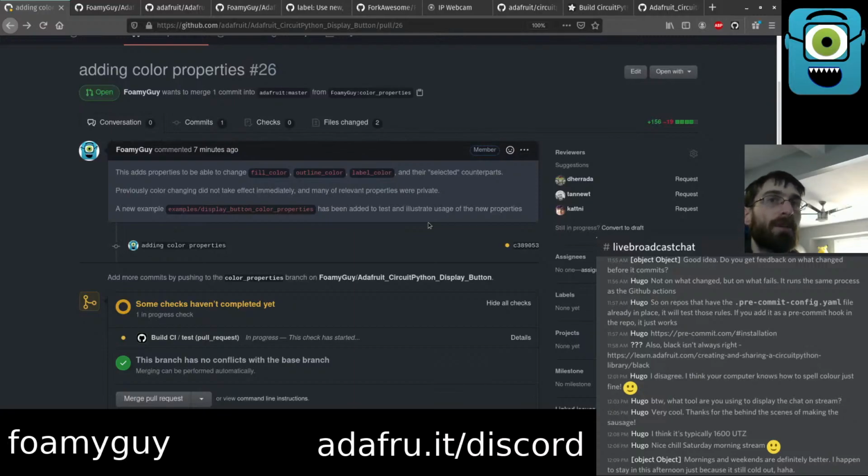And so I'll just kind of pick libraries based on the ones I have the most familiarity with, which is mostly display.io stuff. So like display button is what we worked with today. Display text I have a lot of experience with. Display shapes as well. So probably starting on those ones, but I will definitely be interested in branching out towards other ones as well. So if there's libraries that you're interested in seeing that type of overview on, feel free to hit me up on Discord and let me know